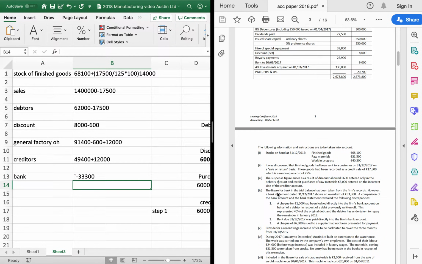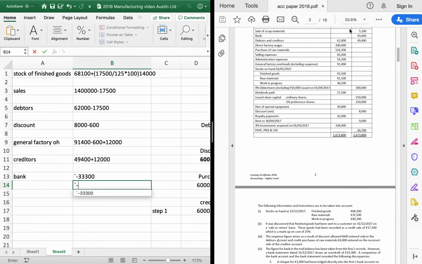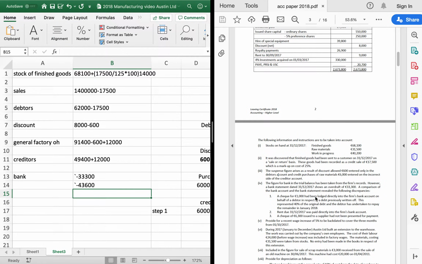Our accounts show an overdraft of 43.6. Okay, and we have to make them equal. So we have to find out and adjust the mistakes that have been made. So first thing,